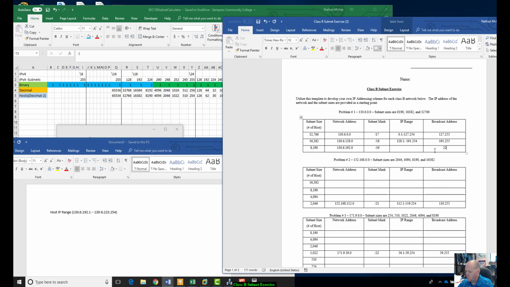So this is going to be 223.255. All right. And if you notice, all these broadcasts are all 255s. All right. So this is going to be 192.1, and make sure you know the network address 130.6.122.0. All right, the next number in line is going to be the octet to the right, so that 0 is going to turn into a 1, and then add 8190 to that. You're going to get to the end of the IP range of 223.254, and then the very last address after that would be 223.255. All right,